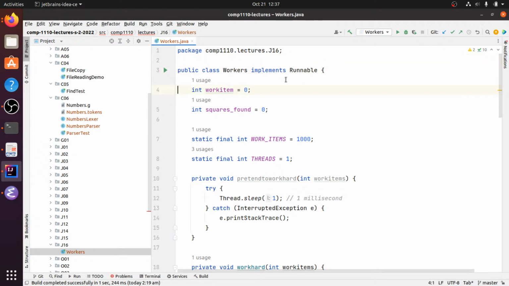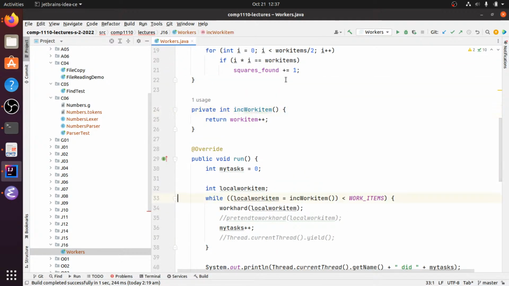So here we're using the runnable interface. So we have defined a class that implements runnable. And as I said, the runnable interface has to have a method called run. That's the only method in the interface, and that's the one that will get executed when this runnable object is run, right? So what is this runnable object going to do? Well, it's going to